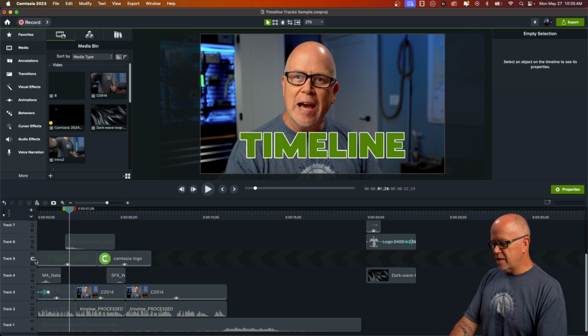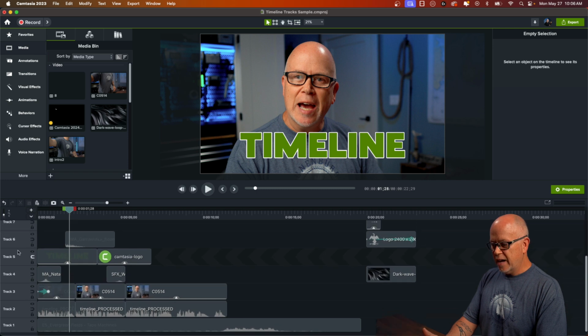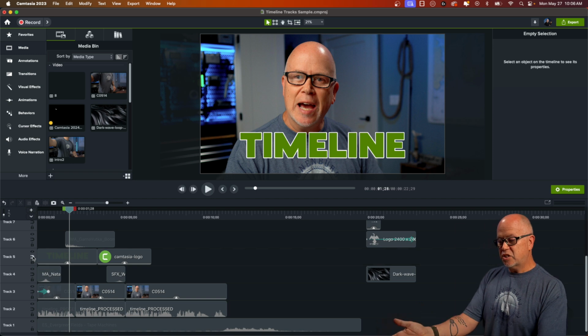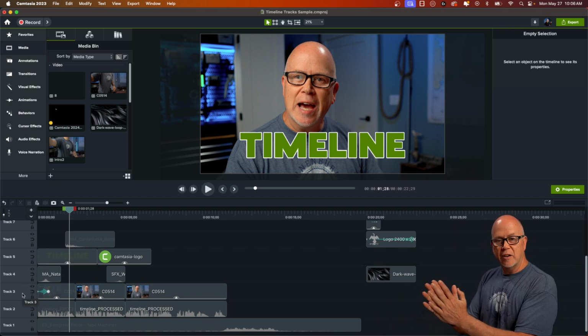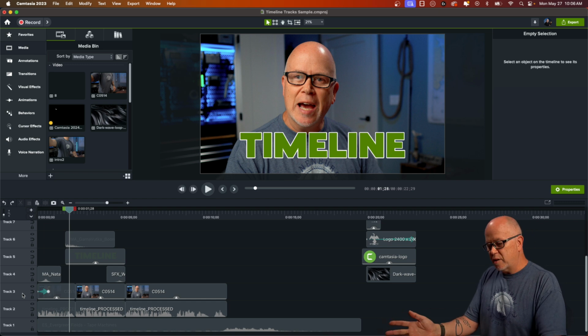So, and you can tell that the magnet is activated, number one, by it being highlighted here in the track. But again, maybe you don't see it there. Like if the tracks are smaller, it disappears, you can't see it. In which case, simply look at the track and you can see these black and gray arrows pointing back to the beginning of the timeline. That's how you can tell that it's on. So if I just turn this off now, okay, it stayed snapped back to the beginning, okay? So I don't want that. I'm gonna go Control Z to back that up, and then Control Z again to back up the snapping that I did. Okay, the next icon is the lock icon, and all that does is it protects anything on a